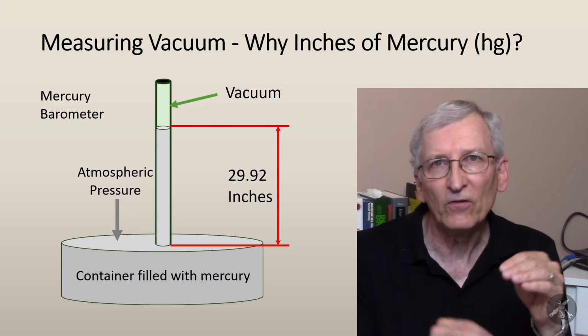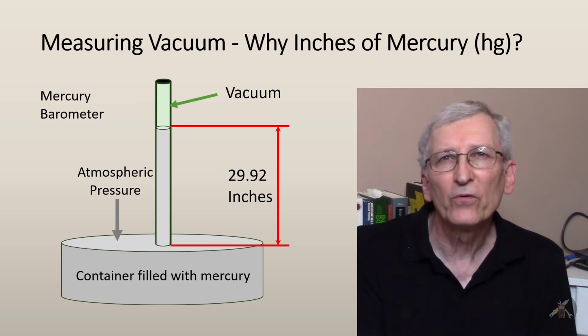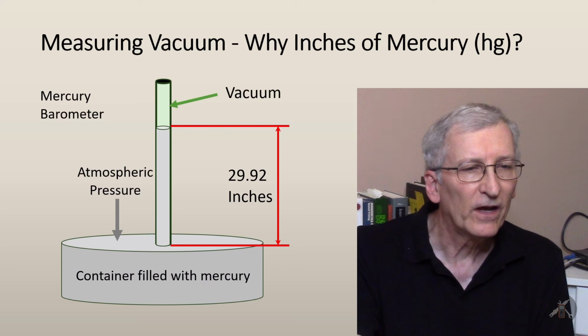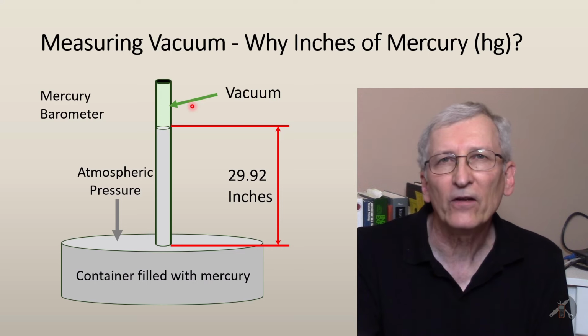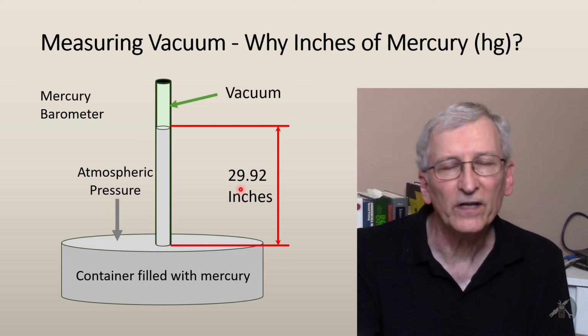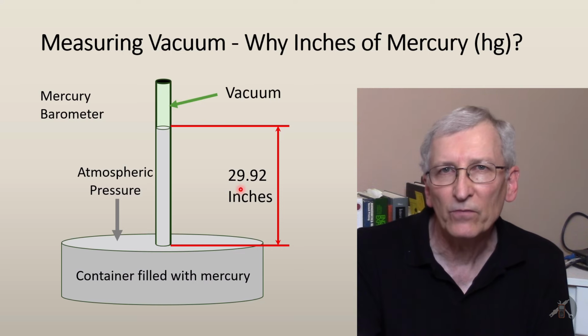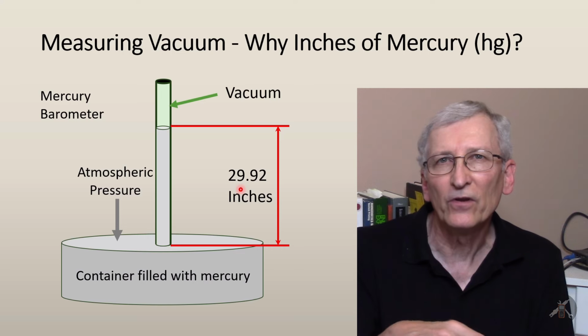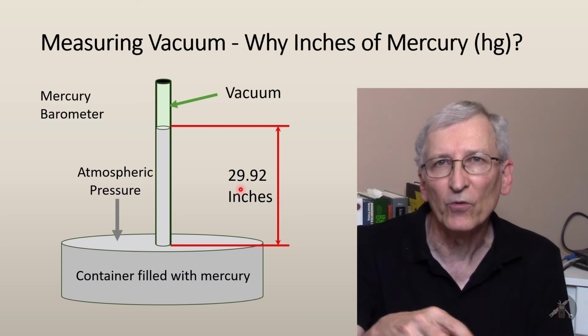If they weren't at sea level, they would get a different pressure. Inches of mercury became a pretty standard measure of barometric pressure and also of vacuum. If you can pull a pressure down to 29.92, if somebody's working on an air conditioning system, when they put in a new air conditioning system with plumbing,